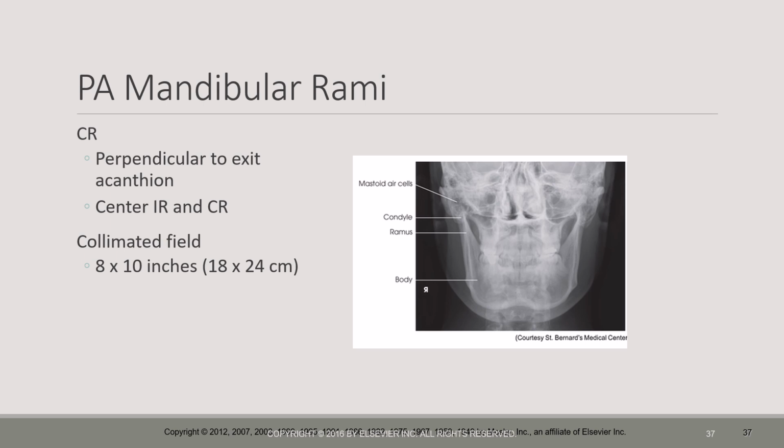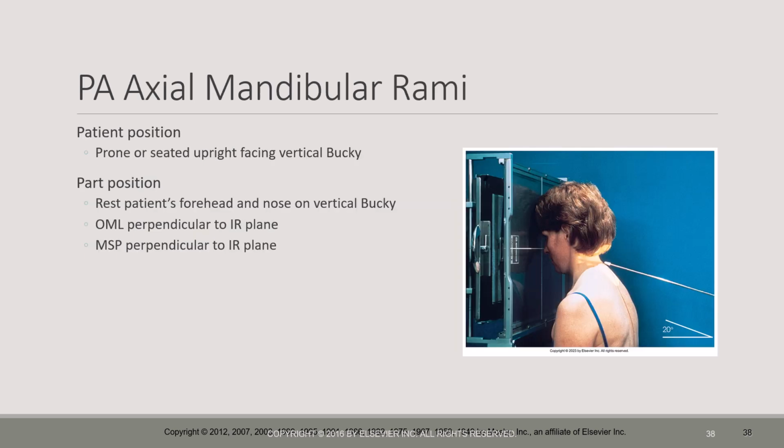Petrus pyramids should be filling the orbits, or just above, and might be overlapping the TMJ joints. So I can't really see the TMJ joints well on the straight PA. So if we do a modified Haas,